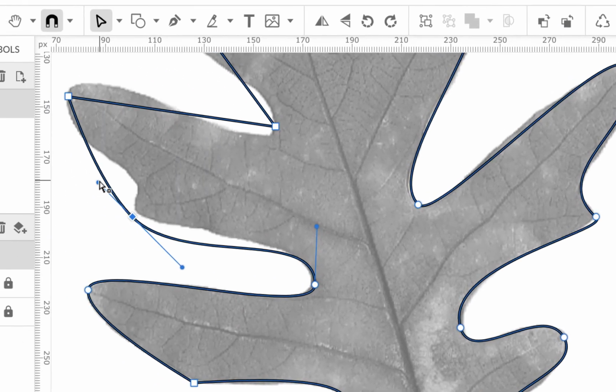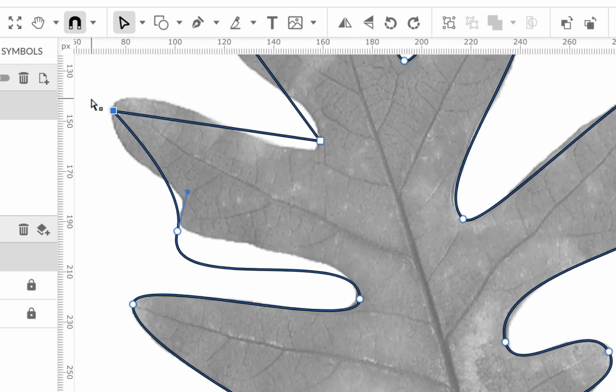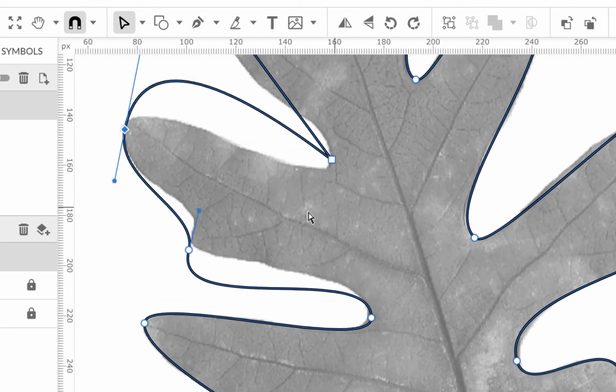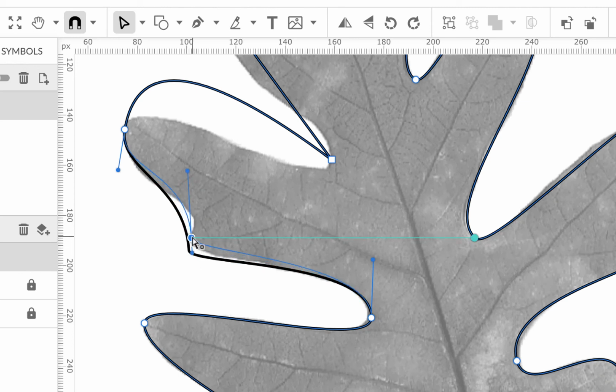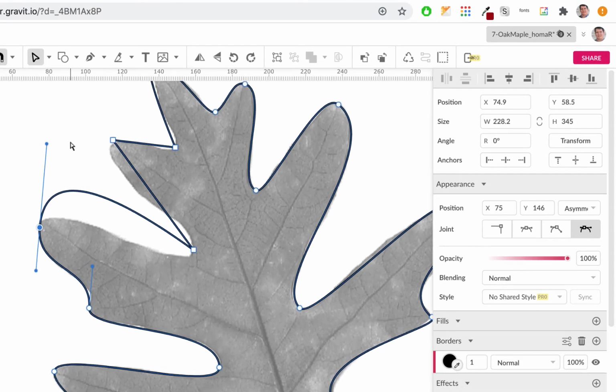I'll try to bend this one in like an S shape, and that means I should go up here and convert that one so I could kind of control that S shape a little bit better. That way I could pull this one in. Now I have to worry about this, but I'll just try to bring it in as much as I can. And if I need to move the point a little bit, I'll pull it out, and that looks pretty good. I'll bring this out a little bit, bring this down over a little bit, and then we're almost done with